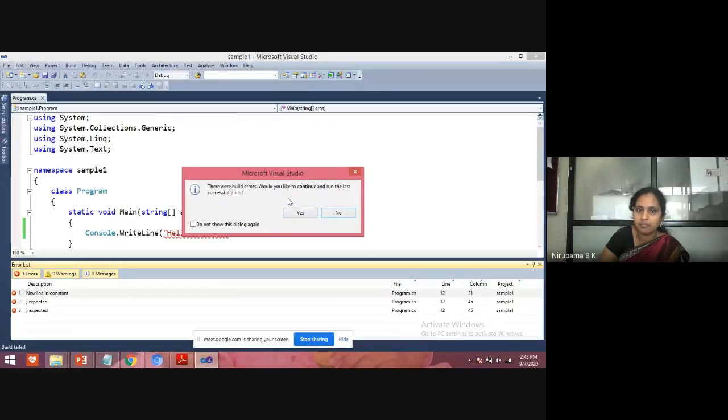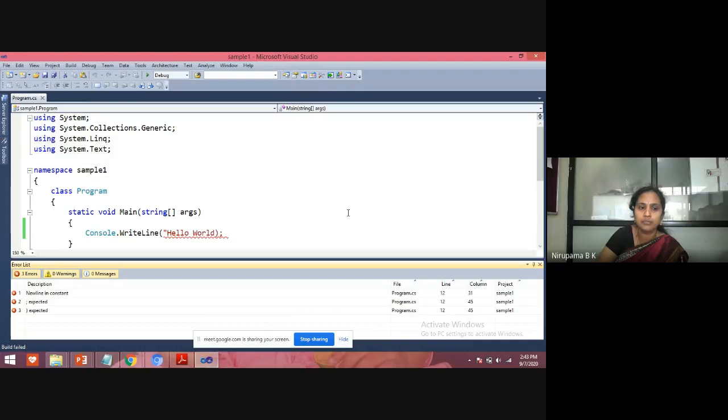Here Visual Studio will ask whether you want to continue the execution if you have any errors or warnings, ignoring them. If you don't want to continue the execution of the program with errors, I click on no. So it will display the errors.